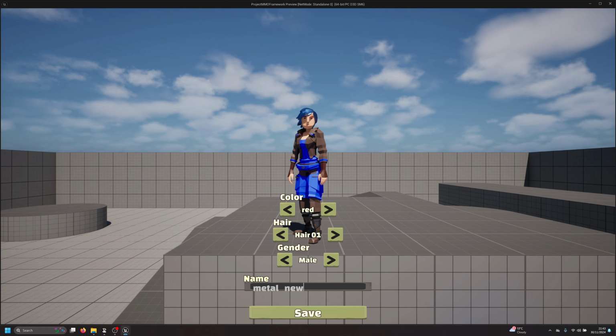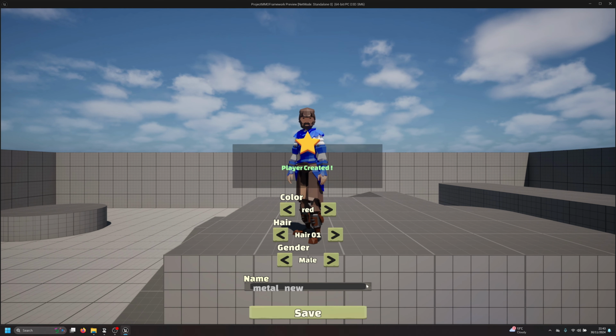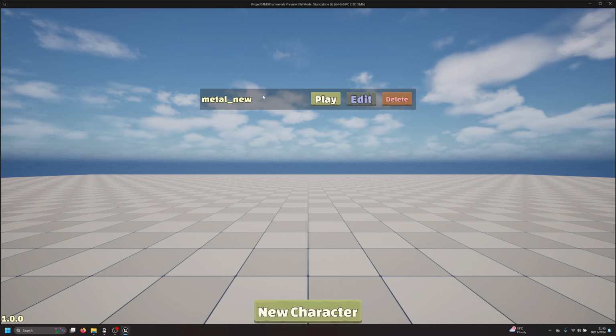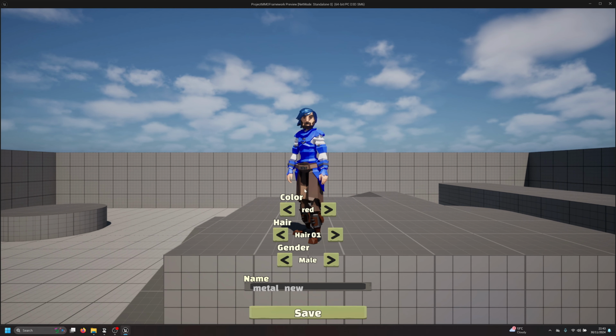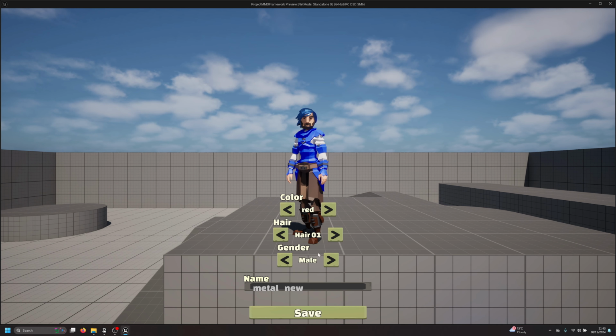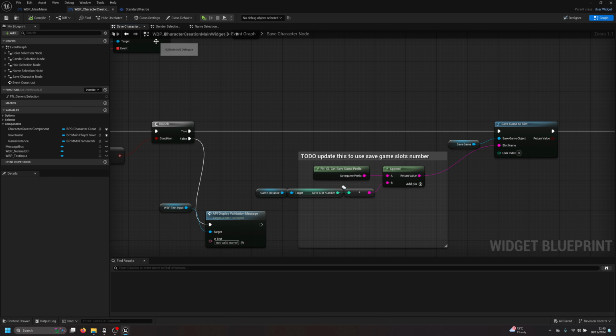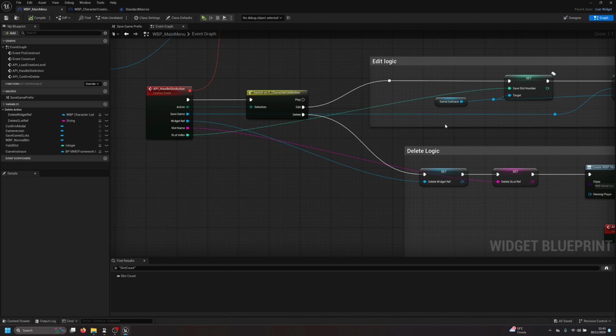So if I do new, change this to a male, save, I should have new dash, and I press edit, I have the male character here. Right. The only thing here that we can try to improve is maybe to change the male. The rest, we probably shouldn't care that much. But let's see if we can do that in a simple way. So now on the main menu,